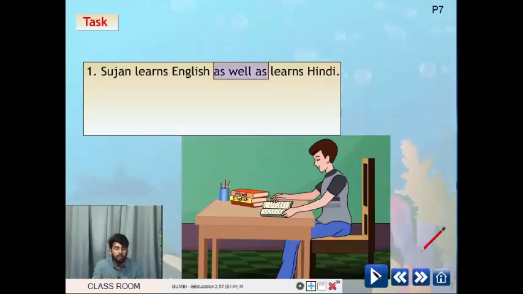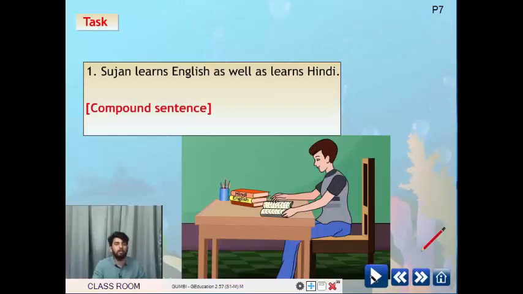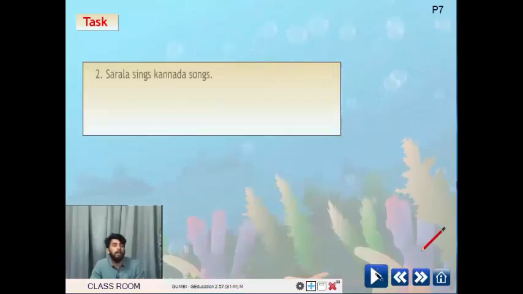So what could be the simple sentences? Sujan learns English, Sujan learns Hindi. So two simple sentences are combined together by using as well as. So what do we call this sentence now? What type of sentence is it? Whether it is simple or compound? Yes, very good. This is a compound sentence. Good. So next,